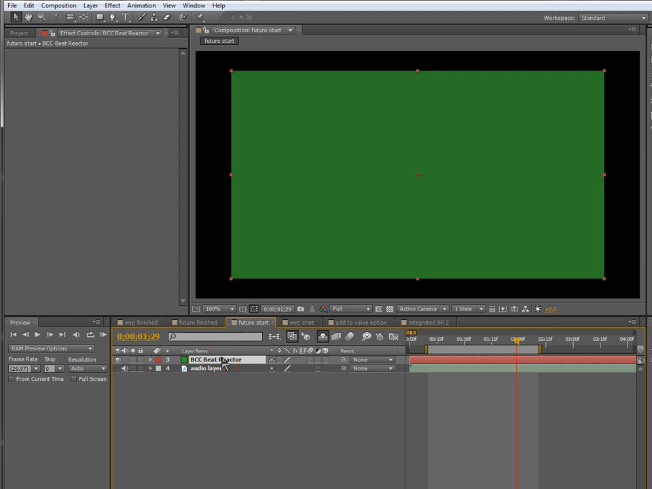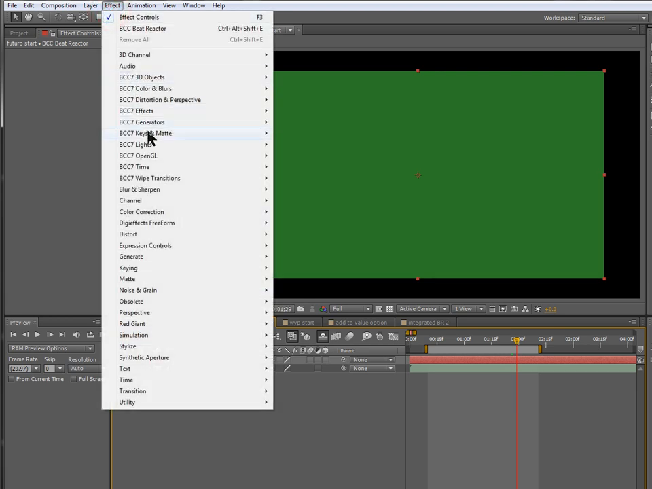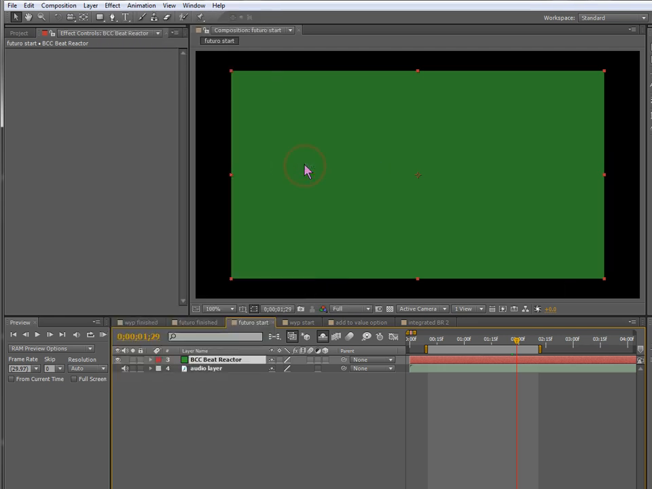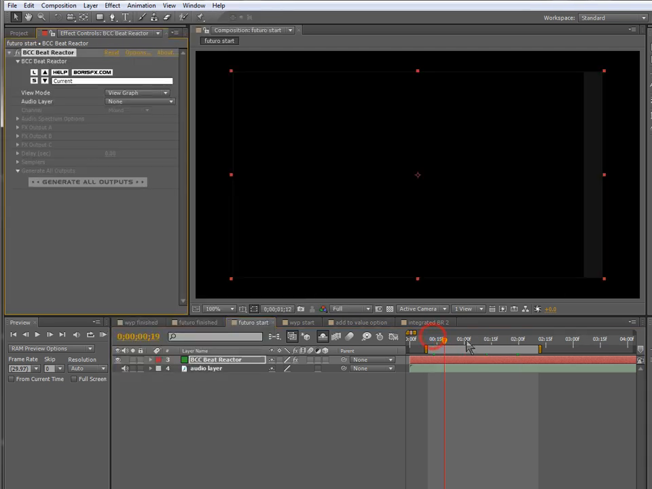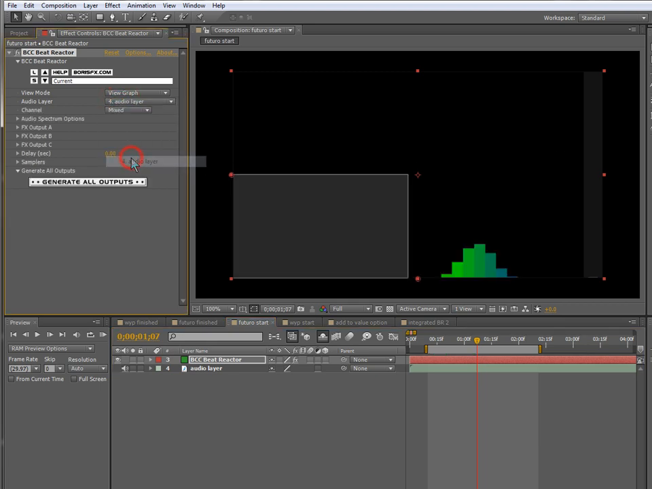So here I have an AE color layer and just the audio, and I'm going to apply from the BCC time category, BCC Beat Reactor. We'll use the standalone one. See, by default, it's doing practically nothing. We need to tell it which audio layer to use. And if I preview the RAM here, by default,